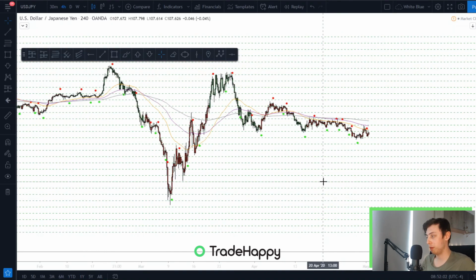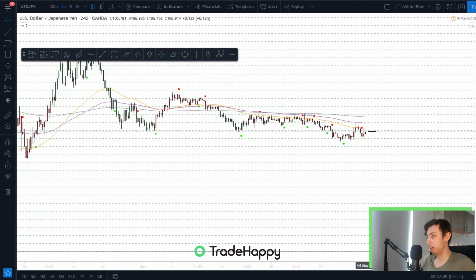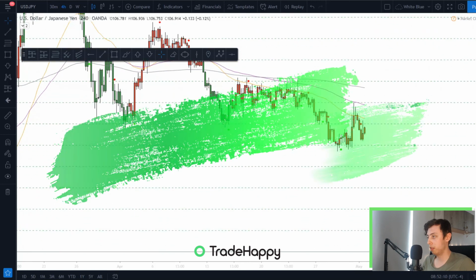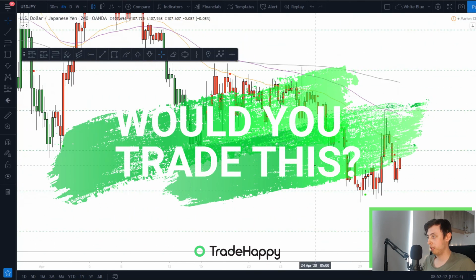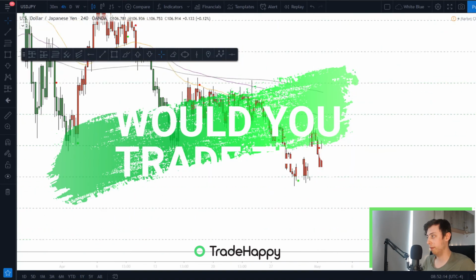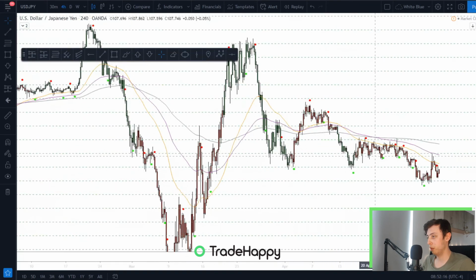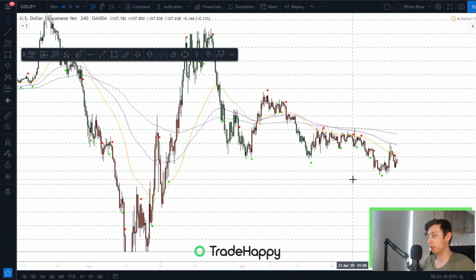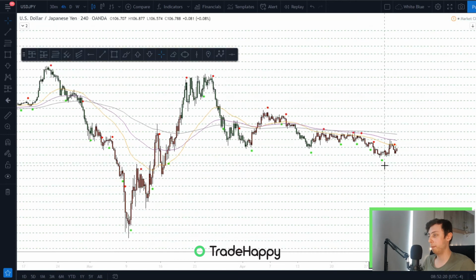Finally, USDJPY, nothing on here that I'm looking at. We're kind of just having tiny little moves on here at the moment, and it seems to be just consolidating and just winding up. So I'm expecting a big move soon, but again, I'm not going to be entering if there isn't a clear setup. So that was the analysis for this week, and having a look at the trades last week.